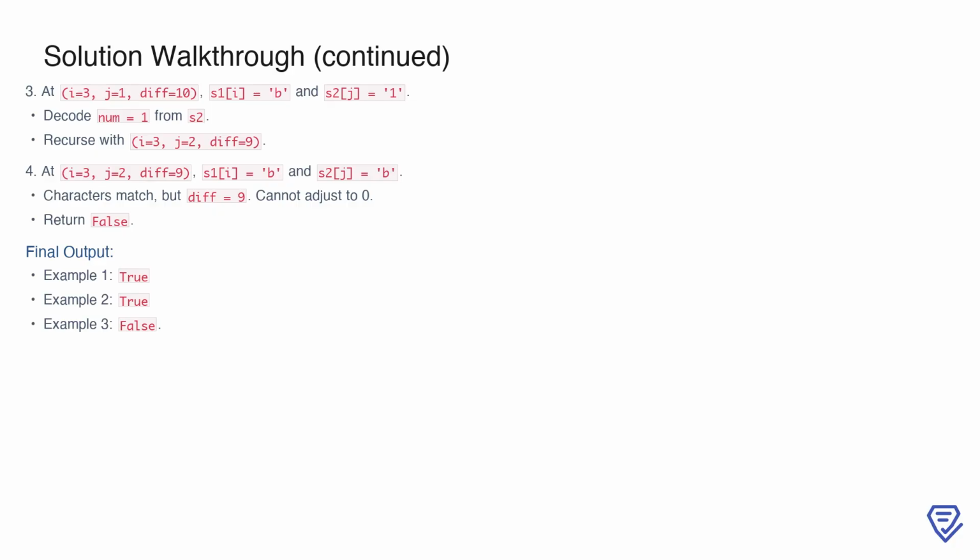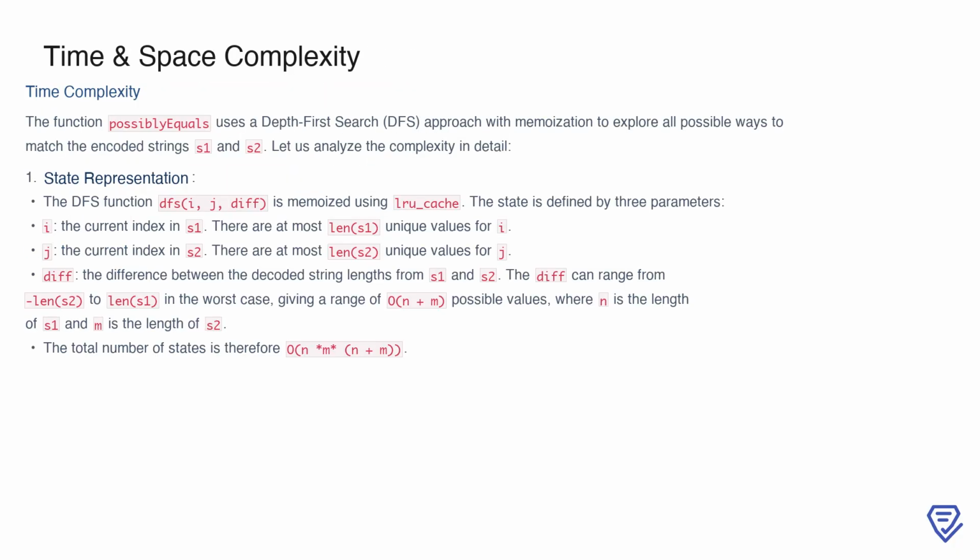Summarizing the outputs, example 1 returns true, example 2 returns true, and example 3 returns false. To analyze the time complexity of the possiblyEquals function, we begin by understanding the state representation in our depth-first search with memoization. The function is defined by 3 parameters: i, the current index in string s1; j, the current index in string s2; and diff, which tracks the difference between the lengths of the decoded portions of s1 and